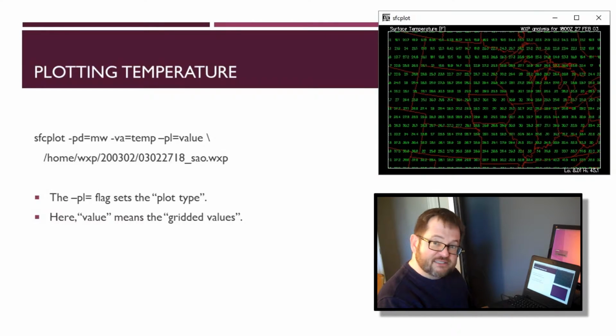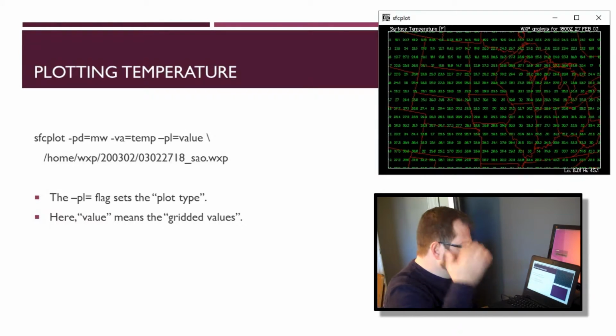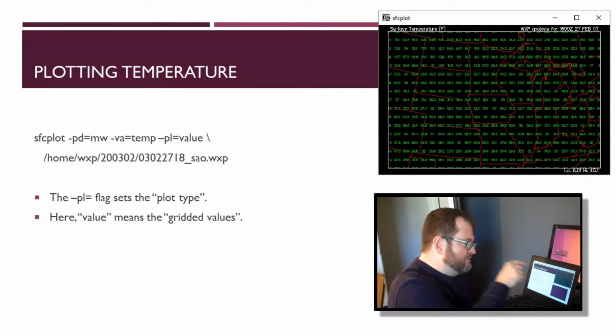Well, again, you would never have guessed. I'm going to have to show you where there's documentation about all of this. But if I set PL equals value, it will actually change that to, it has converted those observations that were at stations to a grid. Okay? It is interpolated. It's actually used objective analysis, to use a terminology from ATS 315, to kind of come up with what the temperature would be at each of those grid points,